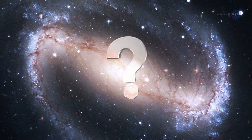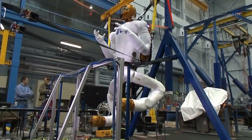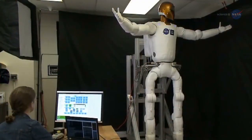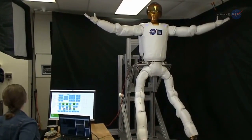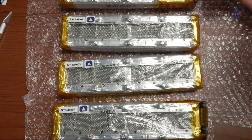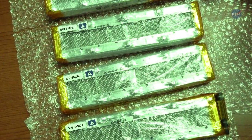What does all this have to do with space travel? The synthetic muscle she has created could also be used to create humanoid robots that can go where people can't or don't want to go. With ability to mimic human dexterity and mobility, such robots could serve as human assistants in space, nuclear plants, or the military. In fact, synthetic muscle samples are being tested for radiation resistance in the synthetic muscle investigation on the